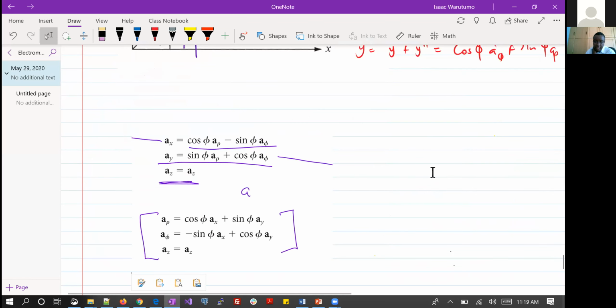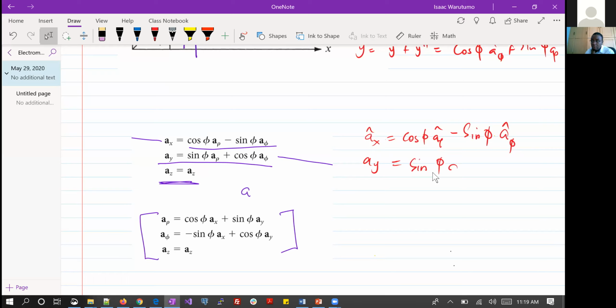And I'm saying that if you added the right terms together, AX is equal to cos of phi A rho minus sine of phi A phi, and AY is equal to sine of phi A rho